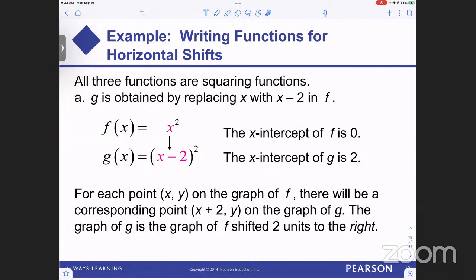Okay, so all 3 functions are squaring functions. Oh, okay. So this is kind of recapping what we just saw, right? So, if we have f of x equals x squared, when we subtracted the 2 on the inside, it was the reverse of our intuition and it made a horizontal change. It says the x-intercept of g is 2, right? So what value of x? X-intercept is the same as saying what value of x makes the inside 0, right? So the x-intercept is 2, right? So then we shifted the graph to the right by 2,